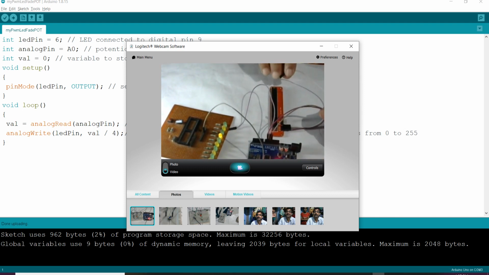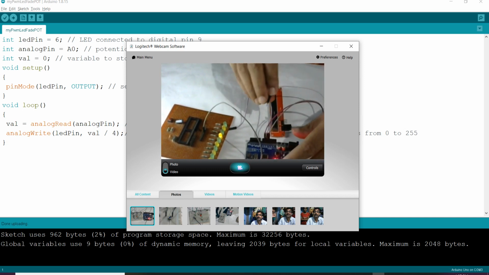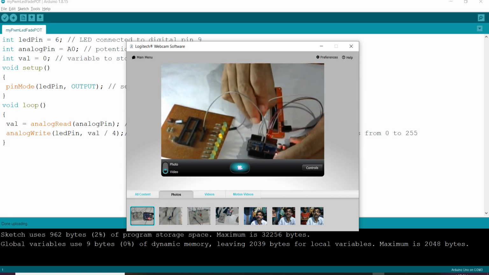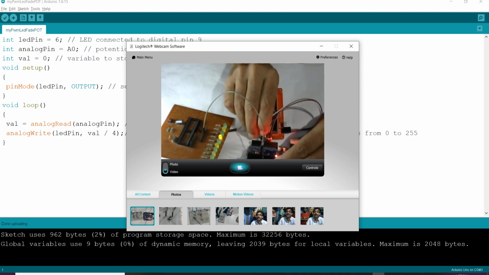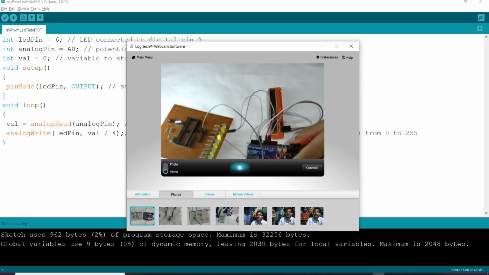Next, the last one, the third pin, is the analog data pin. So here I am connecting this to the A0 channel. See, guys, this is the involvement of the previous ADC lecture and this PWM. So it is a joint concept of PWM and ADC. Yes, this is done.